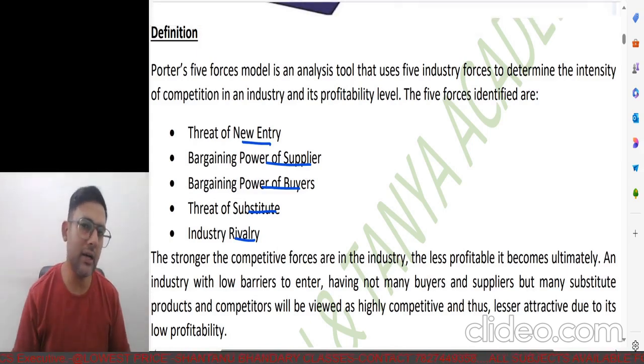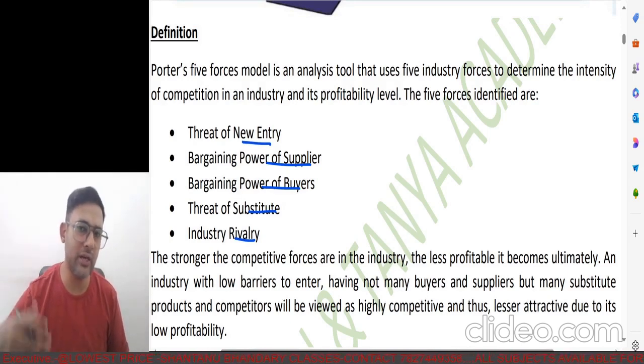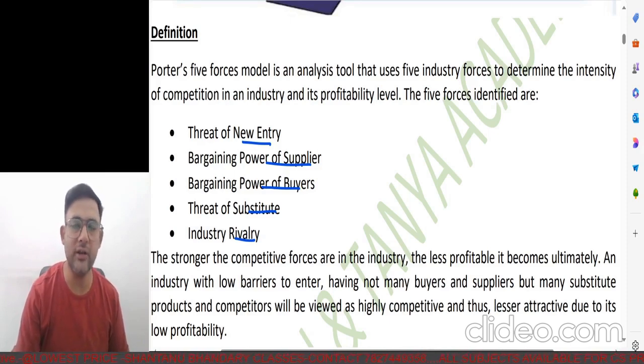When you study this Porter five forces, somehow I could relate all of this to economics. In your school days, or maybe in your college days, you must have studied economics if you have a commerce background. Our teacher used to give an example saying tea versus coffee, a kind of substitute side of things. So when we talk about these five forces, this really has a big effect on the business. Talking about these one by one, if I start with the threat of new entry.